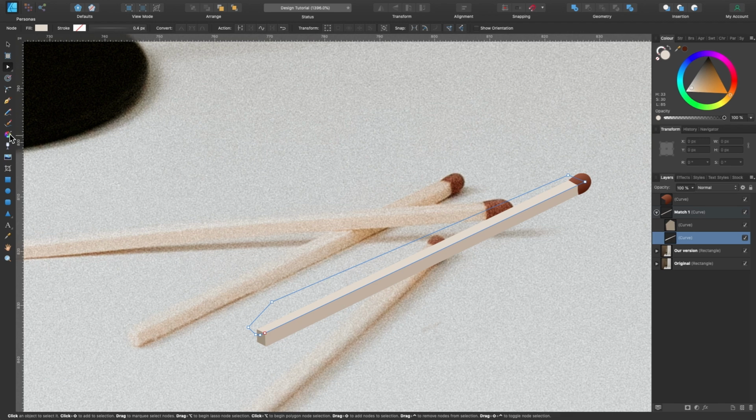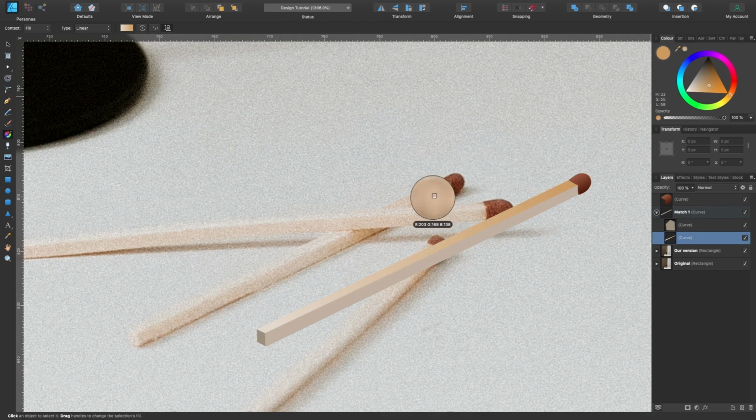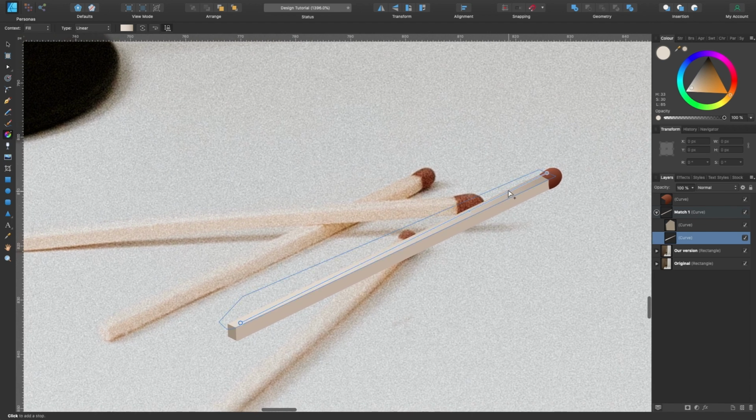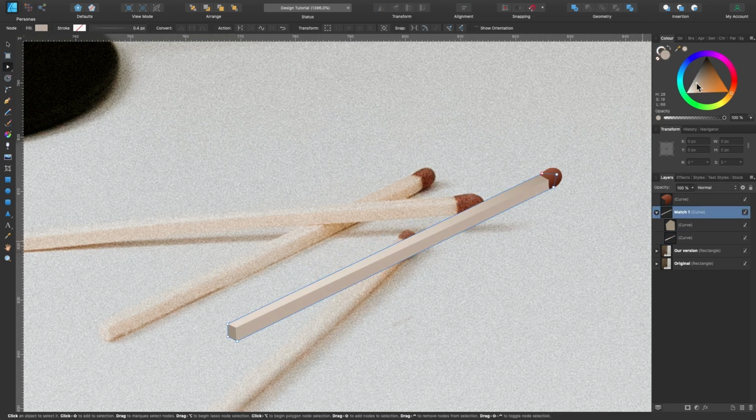So I will grab the gradient tool and just click and drag up. Click the top one, color picker tool. Oh, I'm gonna have to make it darker myself. So about there, and I'll drag that up to, yeah, around about there. And maybe the same for this side here. It gets a little bit darker underneath. I can sort that out later on. But now that side is a little bit dark, so I'll just lighten that up again myself as well. And the end is definitely lighter, so let's do that.